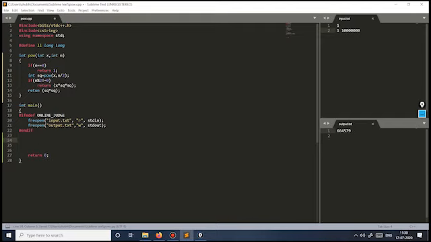We need to take input: cin x comma n, int x comma n, took the inputs, will now calculate in pow x comma n. So this should give me, so let's calculate.